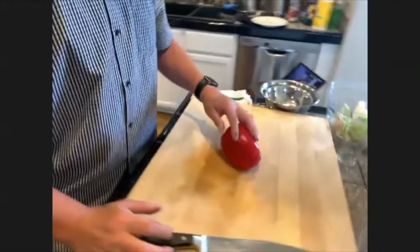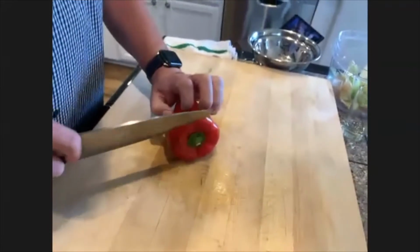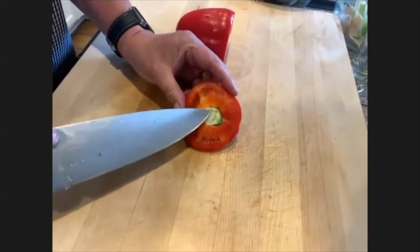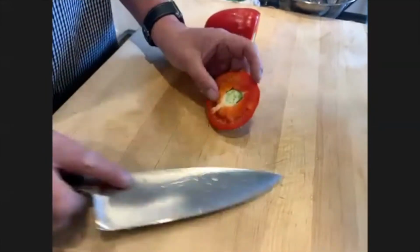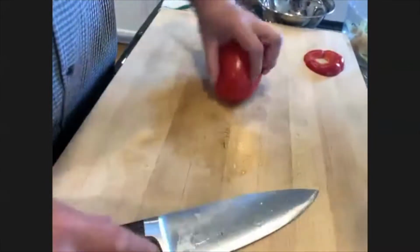All right, back to the cutting board. I've got a red bell pepper, cleaned and washed. Comes straight down on that shoulder, almost. Sometimes you get 2 eyes and a little mouth. There's 2 eyes right here, sort of a mouth, maybe. All right,